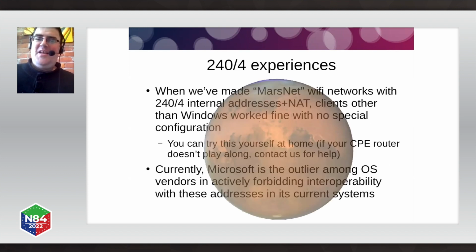We've tried setting up Wi-Fi networks that assign those addresses internally and do NAT to the public internet. And typically clients other than Windows, Windows not having made this change, worked fine out of the box without any special configuration. They got 240/4 addresses via DHCP, they assigned them, they used them, and they could get online and use ordinary services. So Microsoft is kind of the outlier here in terms of continuing to actively forbid interoperability with